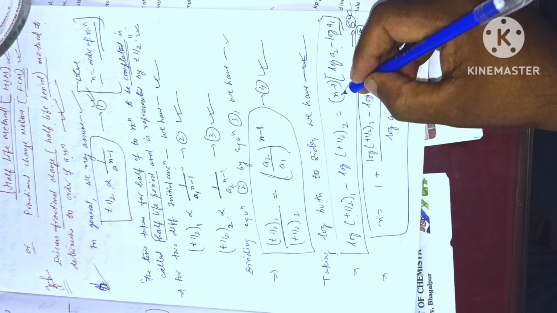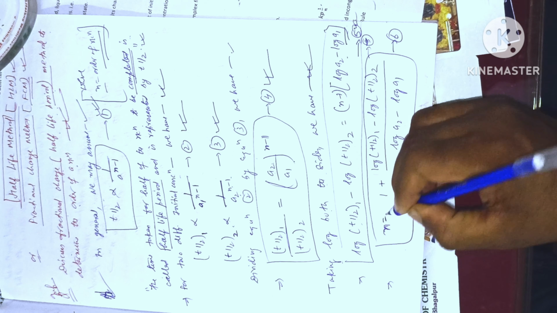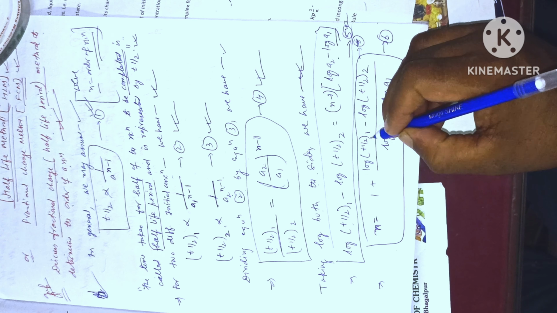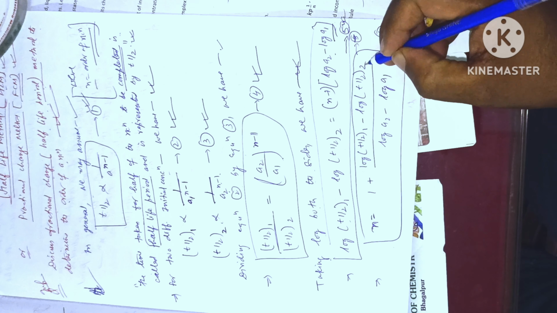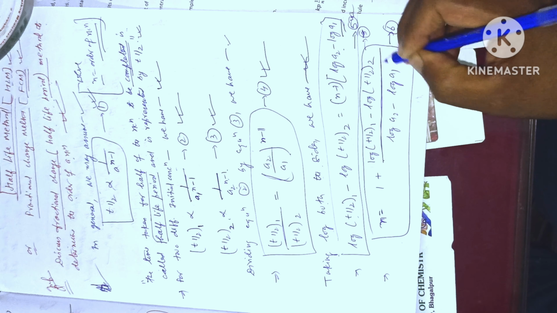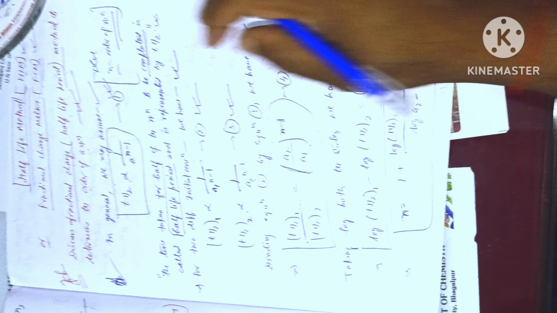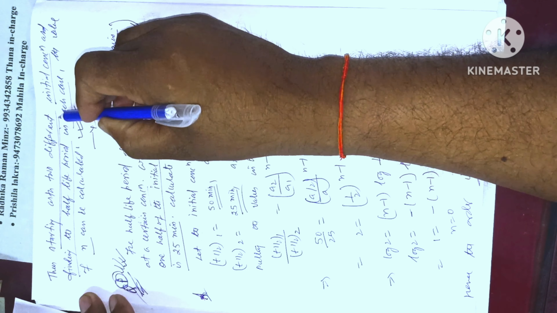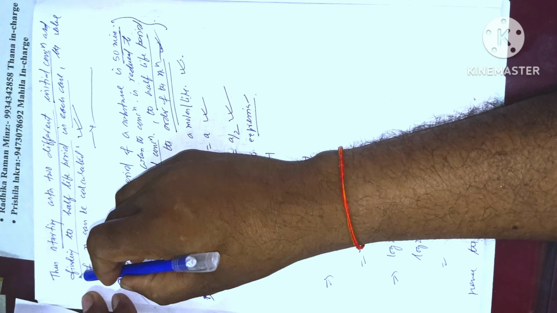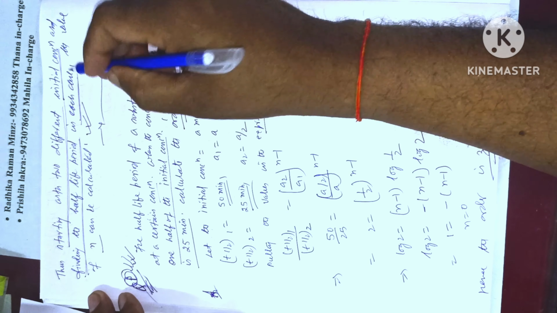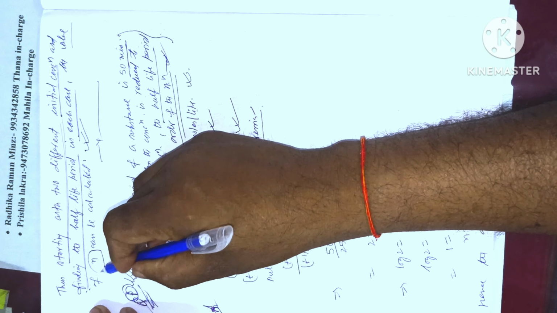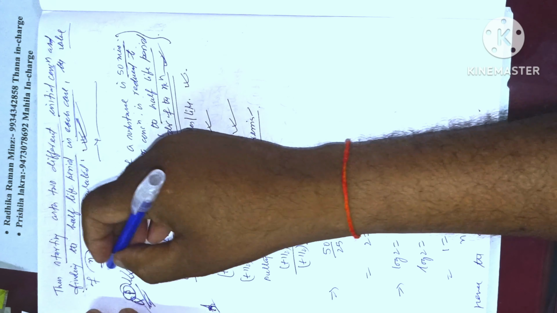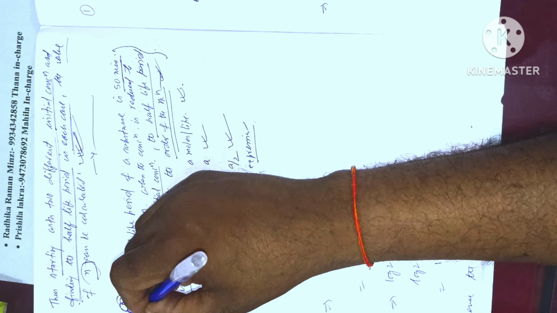Now, taking n to this side, n is equal to 1 plus (log T half 1 minus log T half 2) divided by (log A2 minus log A1), equation 6. Thus, starting with two different initial concentrations and finding the half-life period in each case, the value of n can be calculated. Related to this theory, there is one problem which